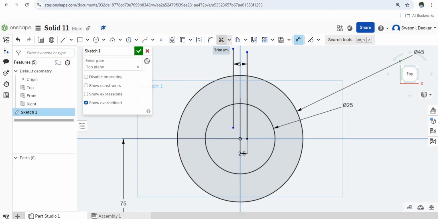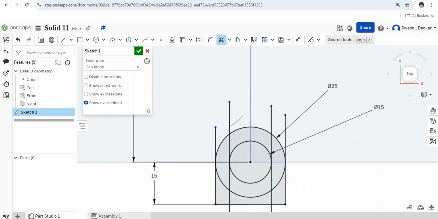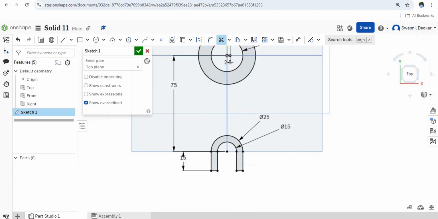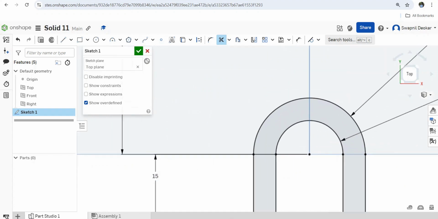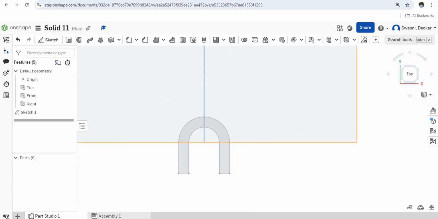Now trim the unwanted. This is not required, this is not required. Now next, this is not required, this is not required. Okay, done. Next,